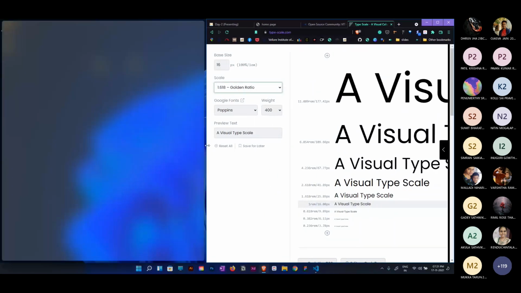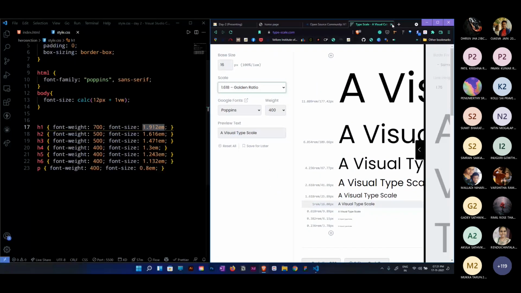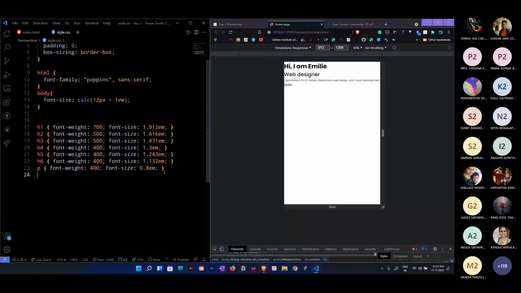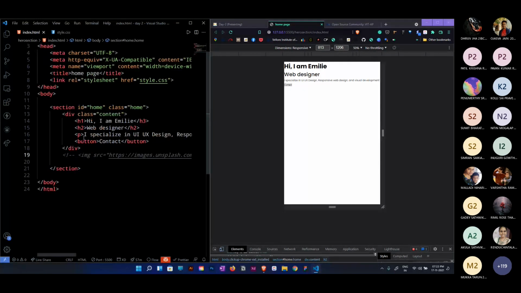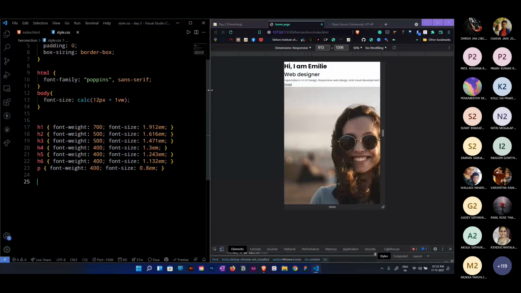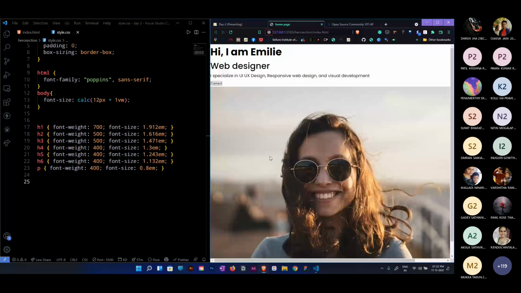I have included this code in your assignment. When you accept your assignment, this code will be with you. Don't think about these values now. Those values come from the design aspect and calculations. You don't need to remember all those things. Now let me drop the code one by one and explain it to you. It will be quicker. Don't think it will take a lot of time. I will try to make it as quick as possible. Stay with me for 5 minutes mostly.